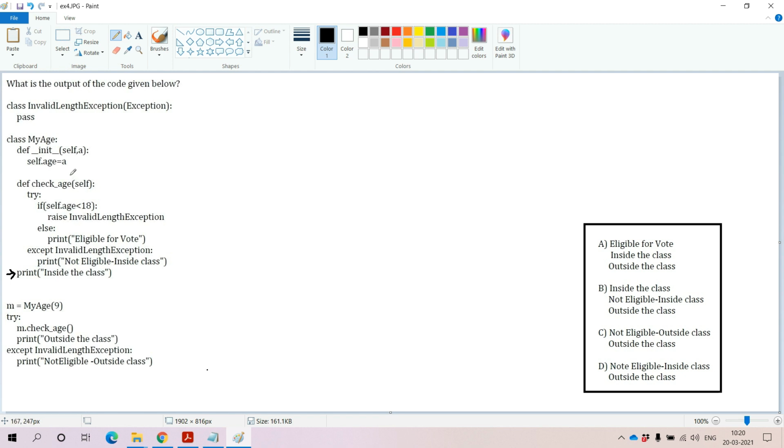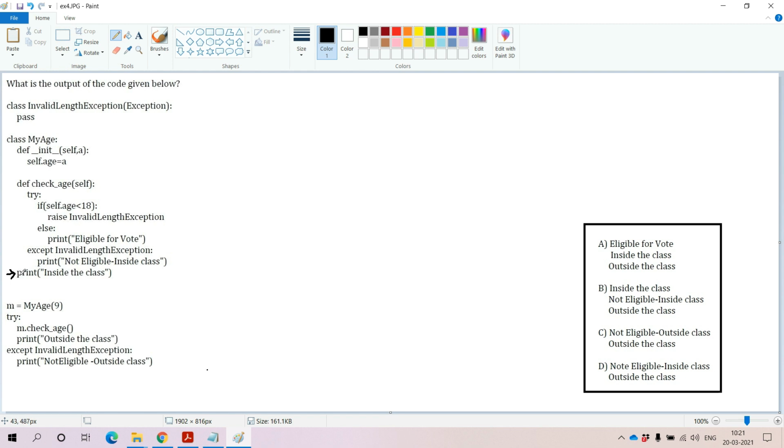Why? Because without invocation of the check_ace instance method as well as the parameterized constructor, those do not come into the picture at all. While interpreting this entire class, the constructor will be interpreted, but it is not executable. Why? Because it comes into the picture only at the time of creation of the object. Likewise, if there is any user defined or predefined function in the class, without invoking that function, it also does not come into the picture. Both the constructor and method will be interpreted, but we are unable to execute them.